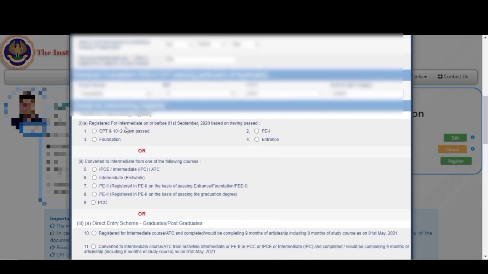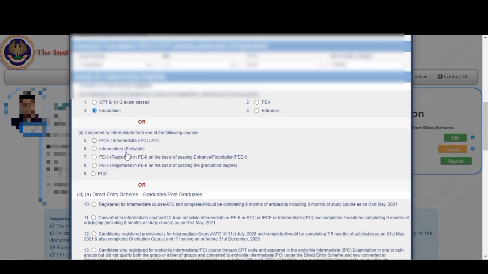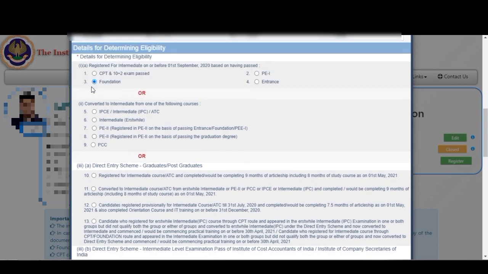Now enter your eligibility, how you are eligible to enter into intermediate, through foundation, through direct entry, through CPT. So select likewise. Or if you have converted or you have the direct entry scheme, select likewise, whichever your route is.